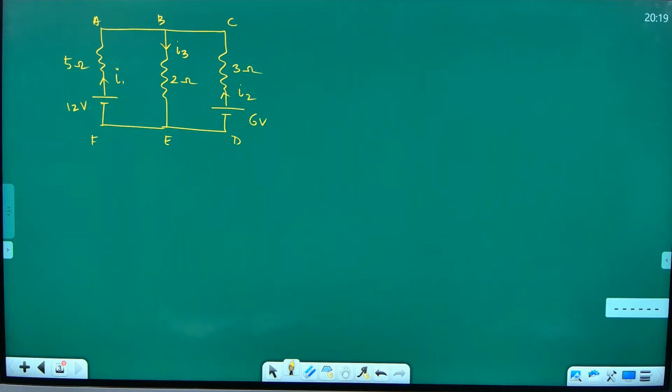Good. Show me your notebook, no man. Whatever you have done till now. Okay. Taken. Okay. F, A, B, E, F. 5I1 plus 2I3. Saw his note. Did by yourself, no? All of you are taking the same loop, that's why. Niranjan, pass your note. Loop name you are asking me to judge by myself, no? Sir, I forgot right now. Okay, please write it. In exam, they will cut marks for that.